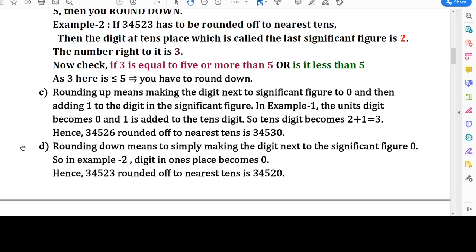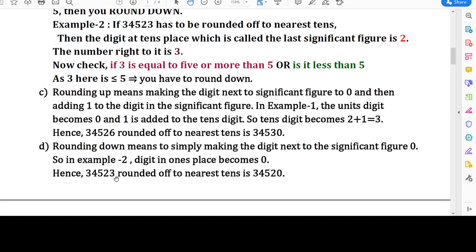34,530. Now rounding down means simply making the digit next to the significant figure 0. That is, in example 2, where we have to round off 34,523 to the nearest tens. So 23